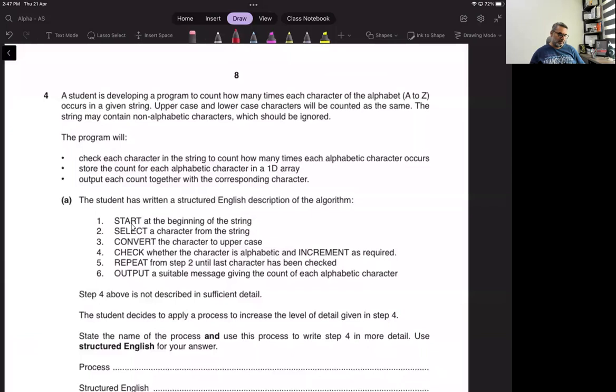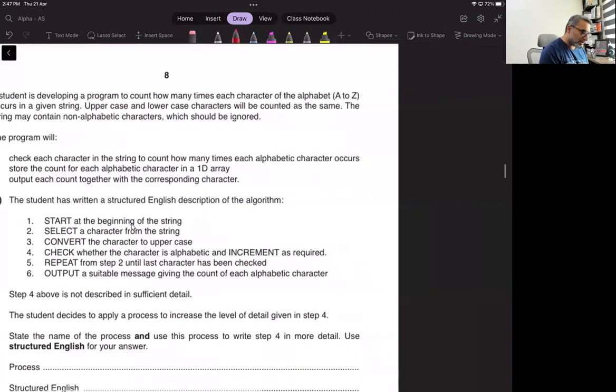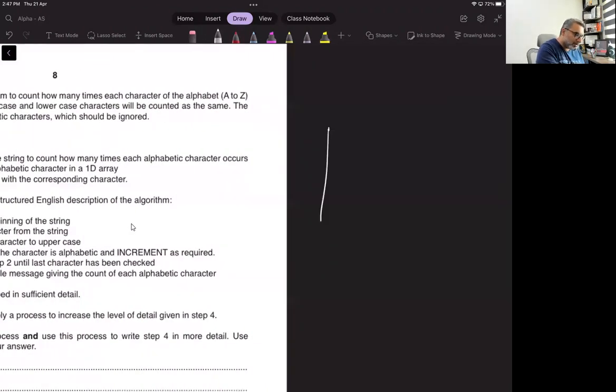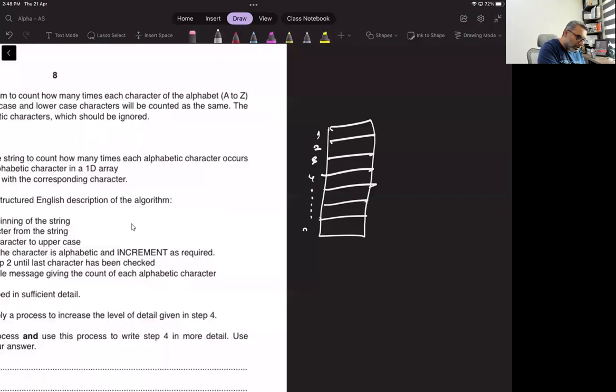Now this is something that requires your special attention. Output each count together with the corresponding character. Now, first try to understand what they are asking. They are saying there is a 1D array which has 26 positions in it. 1, 2, 3, 4, and it goes on until 26. 1 is for A, 2 is for B, 3 is for C, 4 is for D. Similarly,